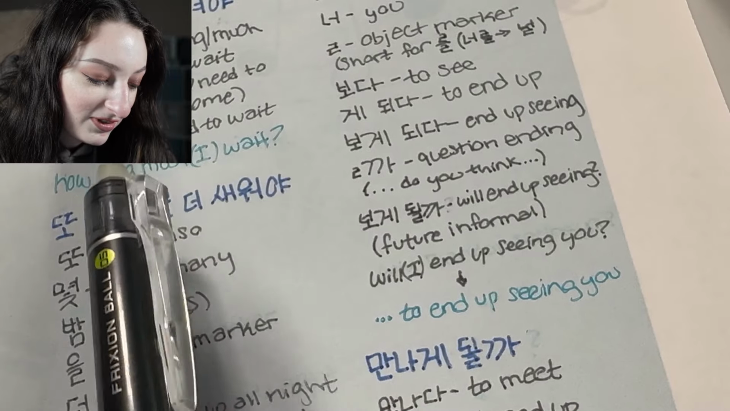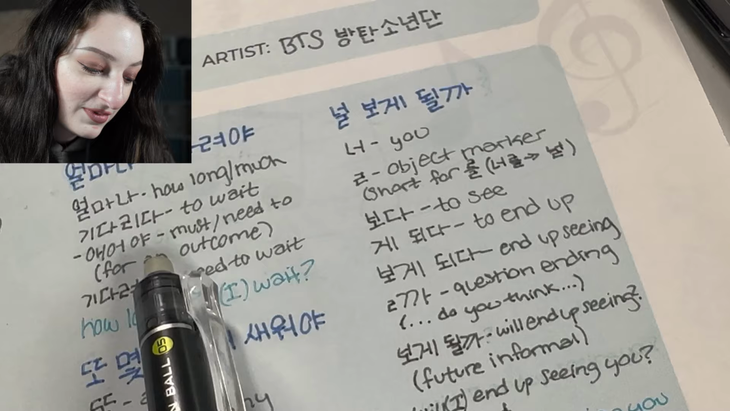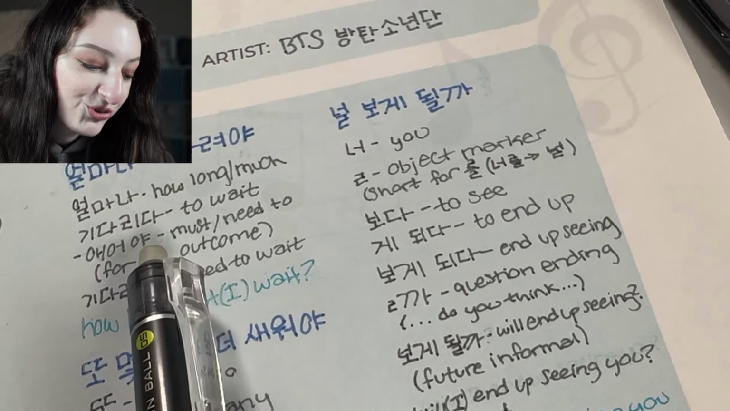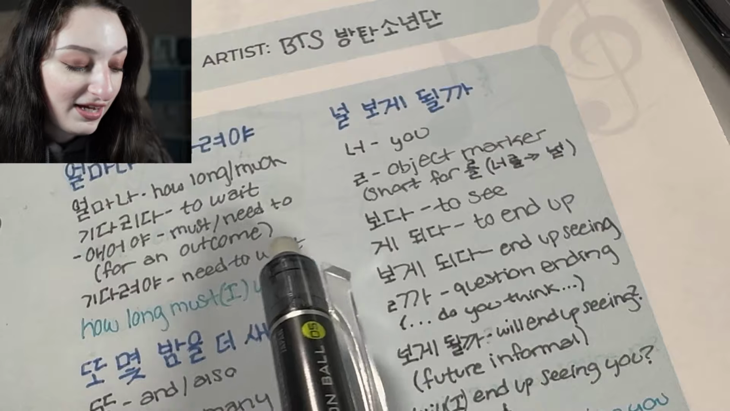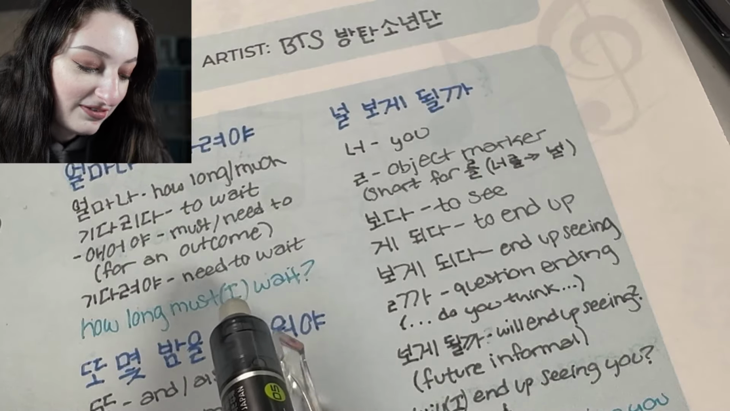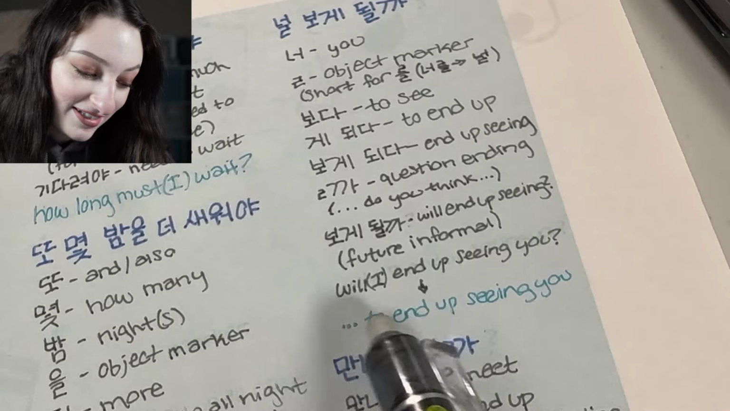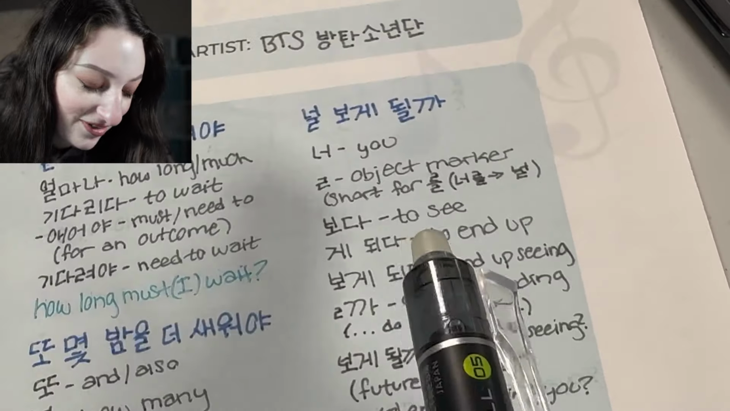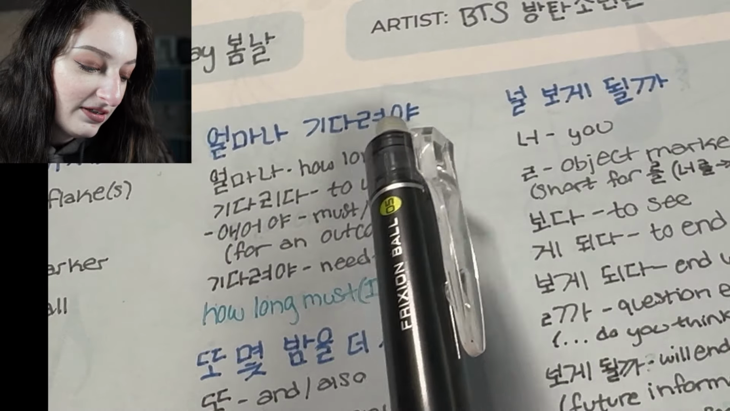We started here with, how long must I wait? And remember the part about an outcome I mentioned, right? This grammar structure right here implies that you need to do something in order for an outcome to happen. We don't have an outcome yet, right? How long must I wait? And how many nights must I stay awake for what, right? To end up seeing you, right? It goes together. So if you imagine this as one sentence, how long do I need to wait in order to